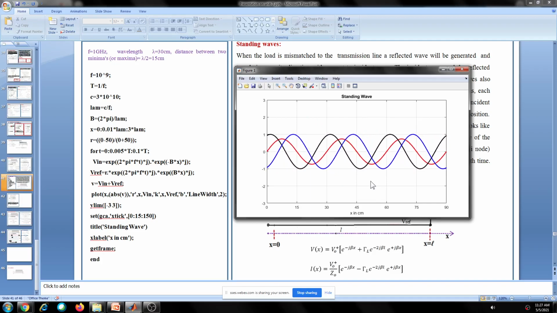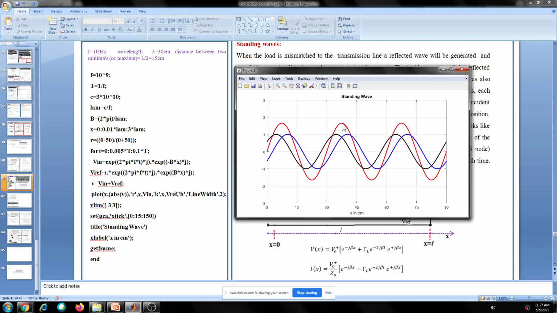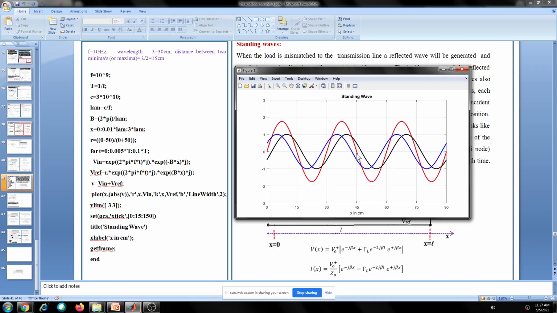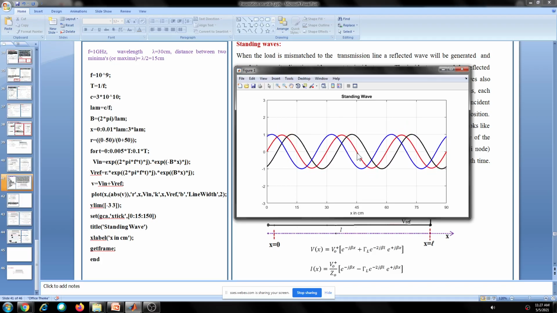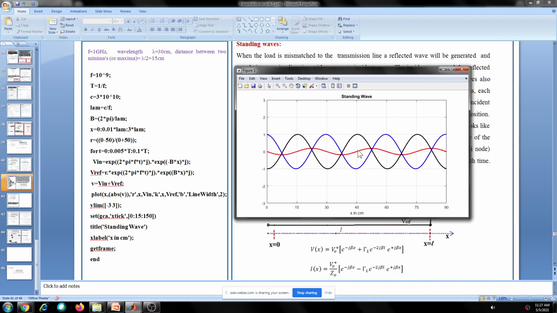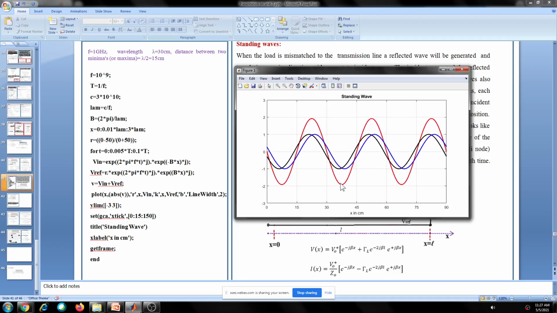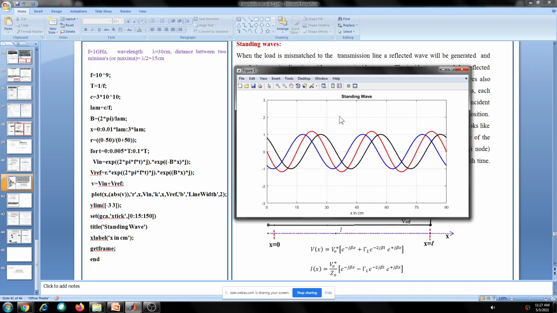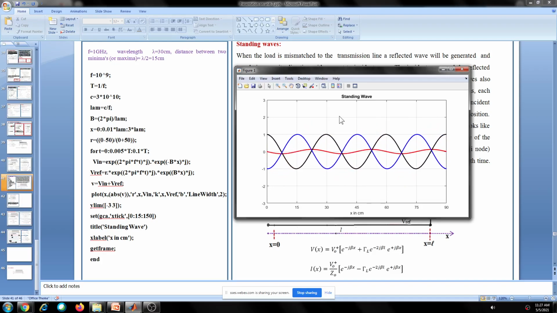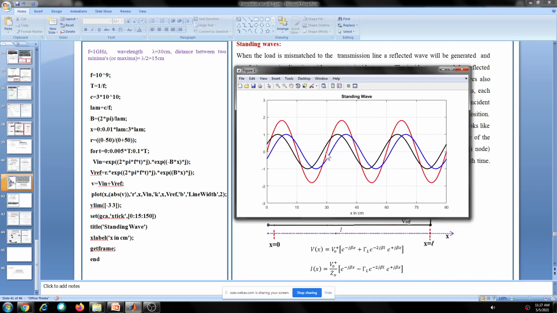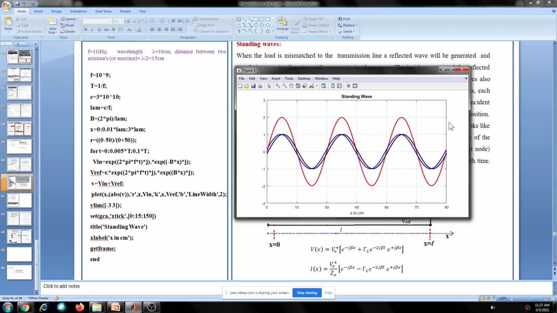Okay, maxima always appears in this position. See, this is a position. See here the maximum comes, here is a maximum. And the minima is here, this is a minimum, it is coinciding here. It may be going negative like this, a maximum value going negative, or it may be coming positive here. See, this is the minima position, here is a minimum. It looks like this is not moving at all.